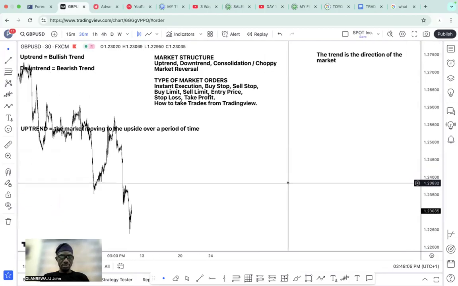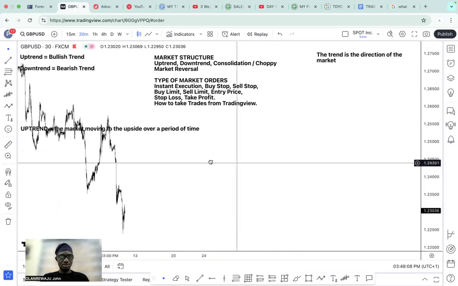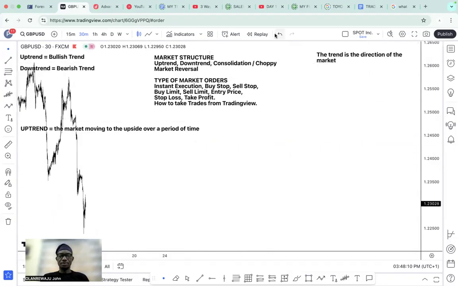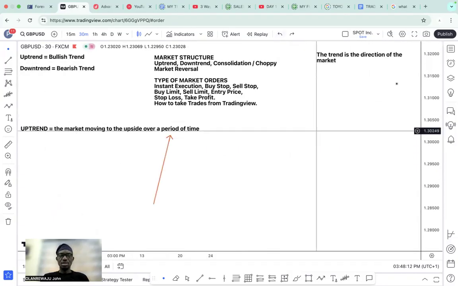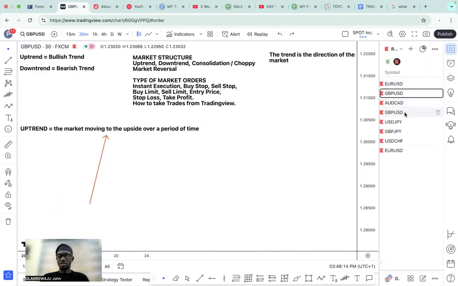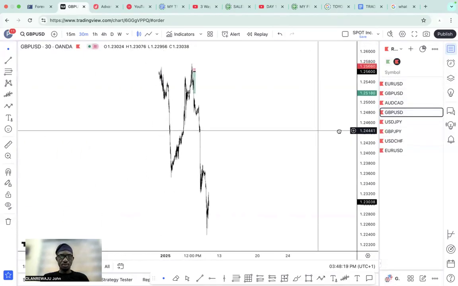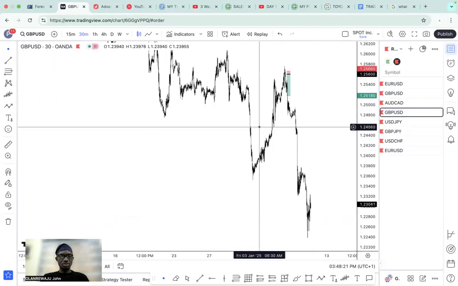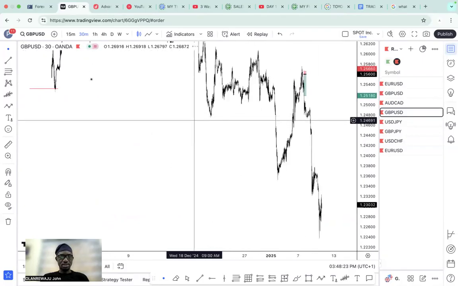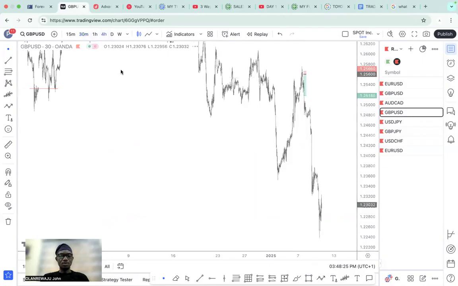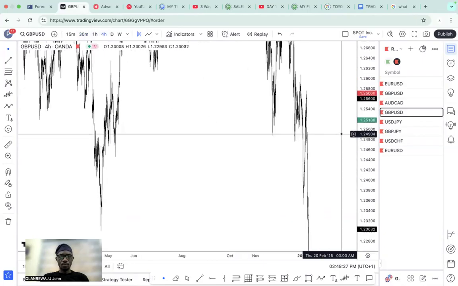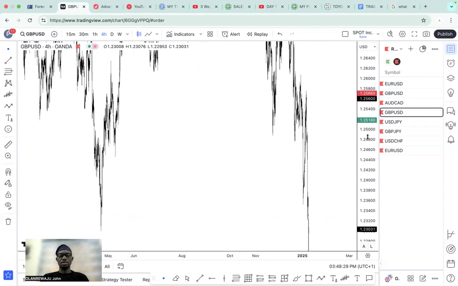What I'm trying to say is that, let's take a look at GU, for example. This is GU. Okay, let me bring in a fresh chart of another GU. Good. Can you see this? That if you zoom out,